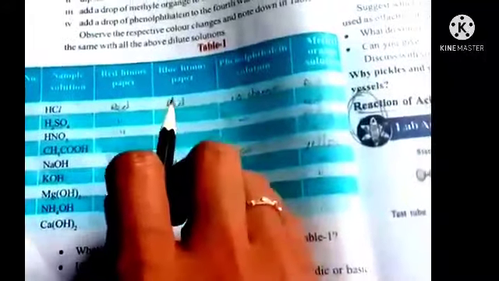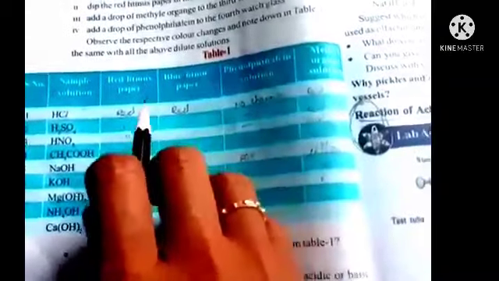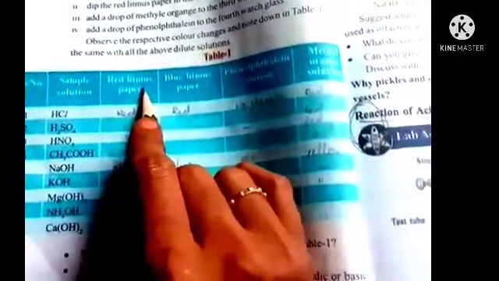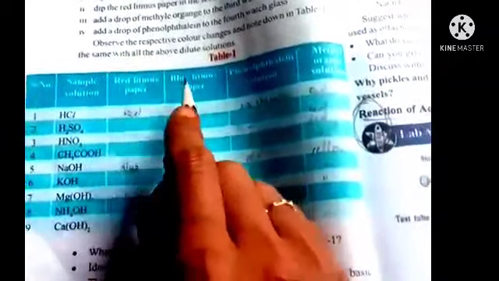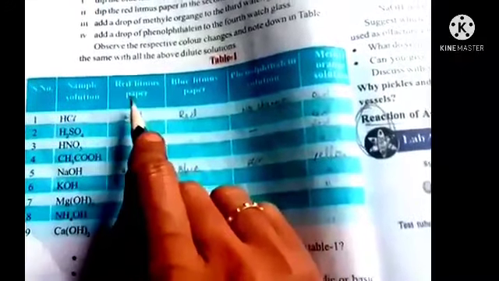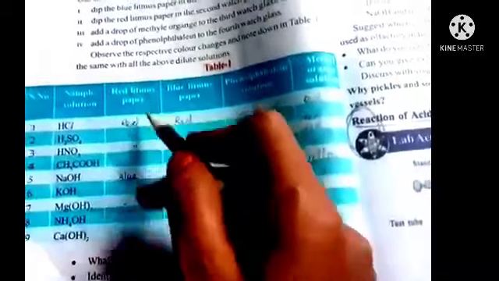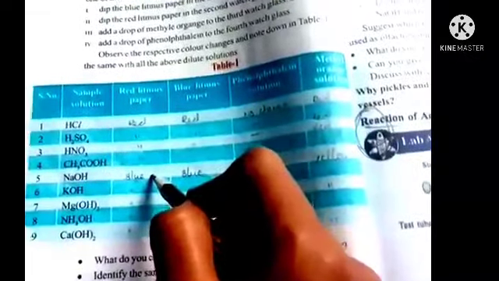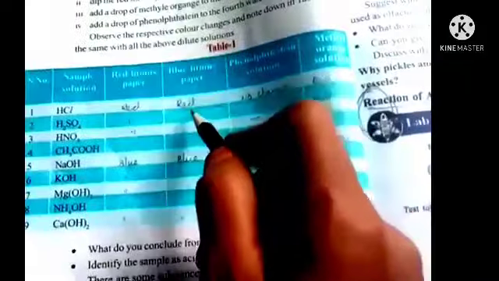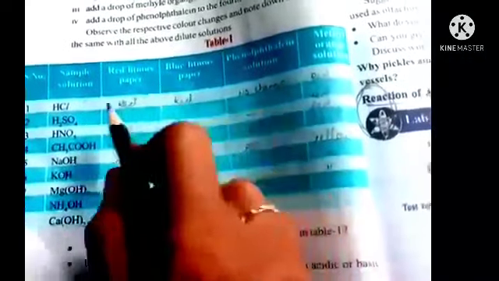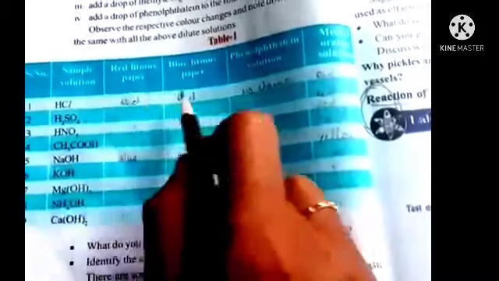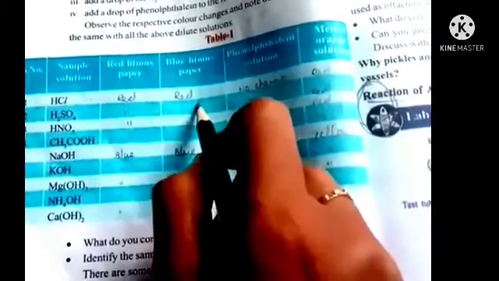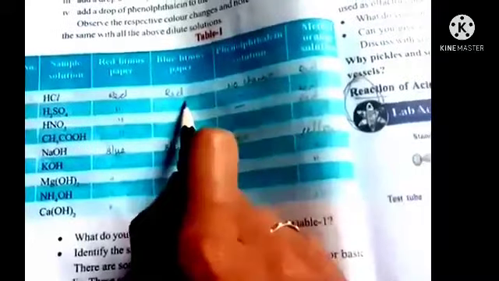What is the litmus paper characteristic? Two types of litmus papers are there, red litmus paper and blue litmus paper. Any red litmus paper dipped in a base turns blue. Next, with any acid we take, blue litmus paper turns into red litmus paper. We dip the blue litmus paper in the HCl solution, and it turns into red litmus paper.